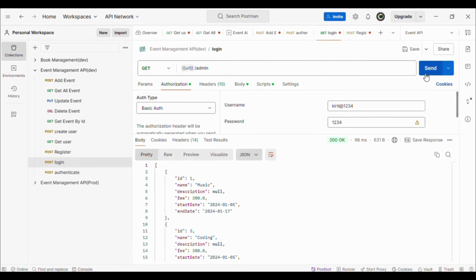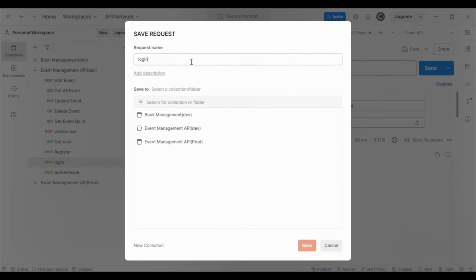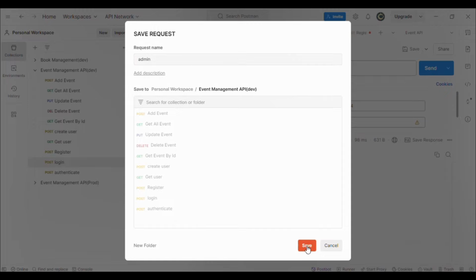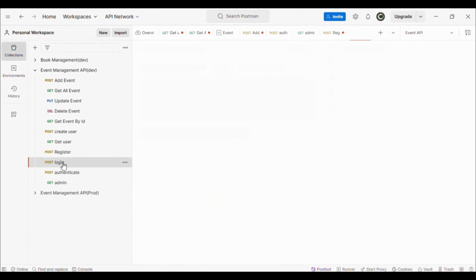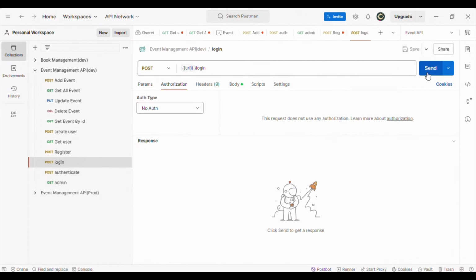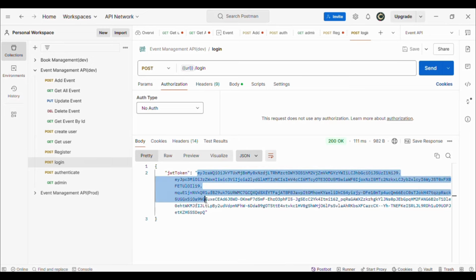Now let me change the username to Kirti. Now here you can see I'm able to access this admin URL. Now I will go to this. First I will save this admin URL, and then I will go to the login and make the request. It will return the new token. I will copy this,